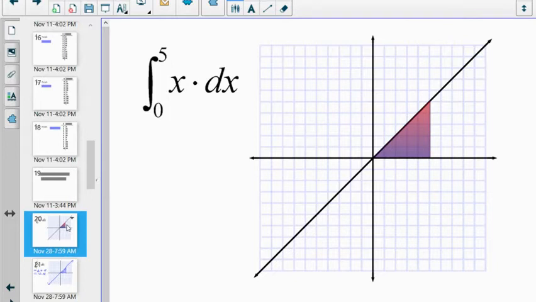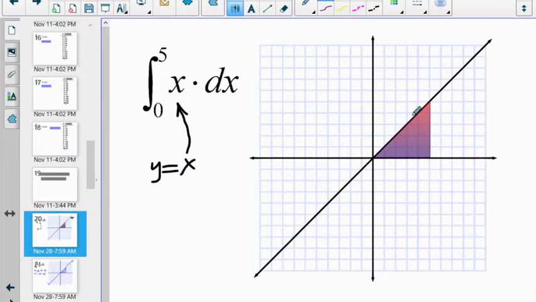If I say, what is the integral of x dx from 0 to 5? And I'll say that again. I would read this expression as the integral of x dx between 0 and 5. My function in this case, f of x, or y, equals x. And that's just this line with a slope of 1 that goes through the origin. So if I say, what is the integral of x dx from 0 to 5, I'm just asking, what is this area? What is the area under this curve between 0 and